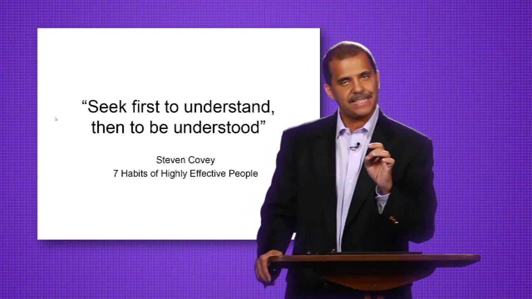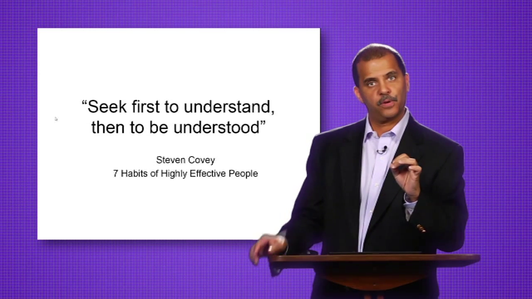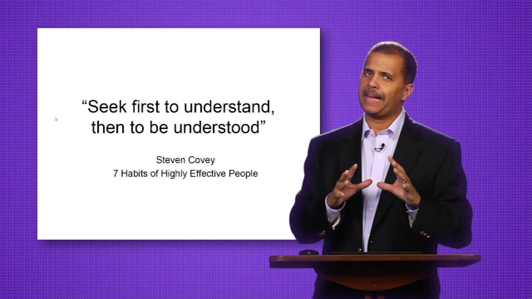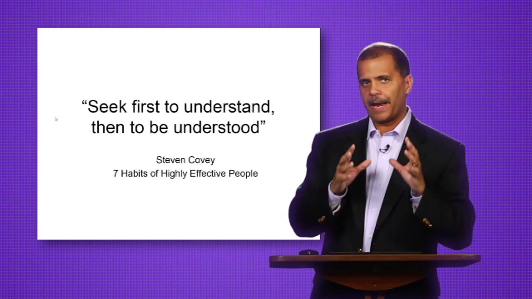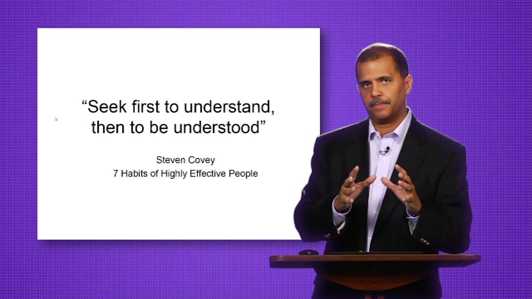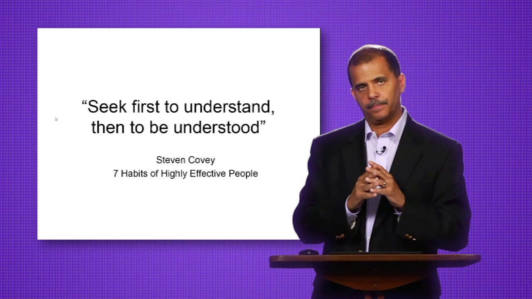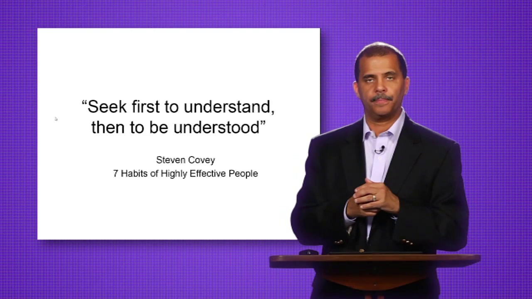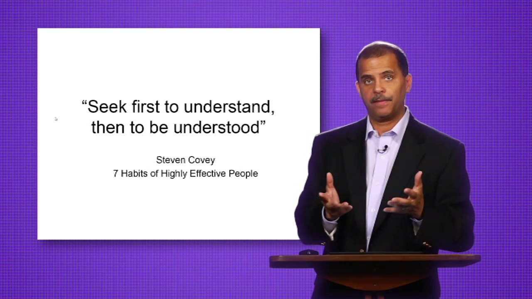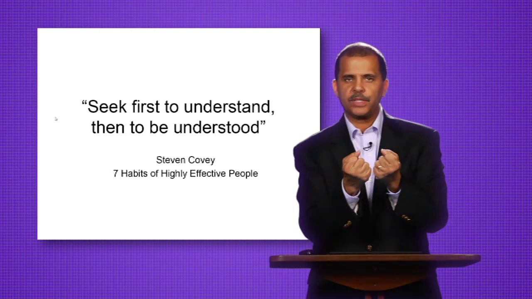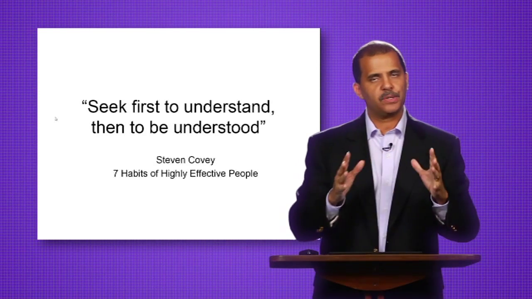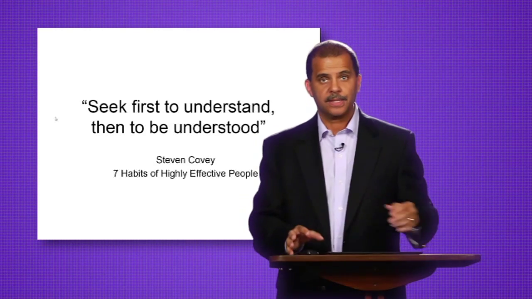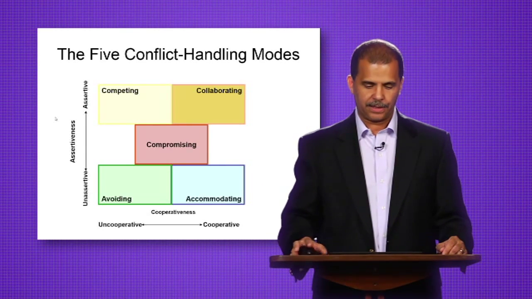So one of the best ways to resolve conflict is first diagnose it, remember the 4 types, but then really try to find out in a genuine way that other person's perspective. What's their point of view? What's their preference? Why is that important for them? What might they be willing to give up? What are they going to hold on to dearly? Because by understanding another person's perspective, it will suggest to you some ways that you can resolve the conflict.